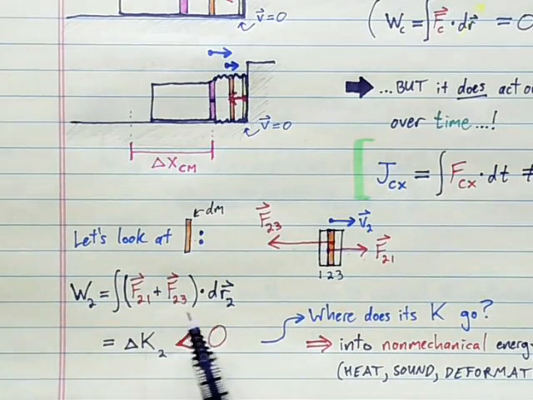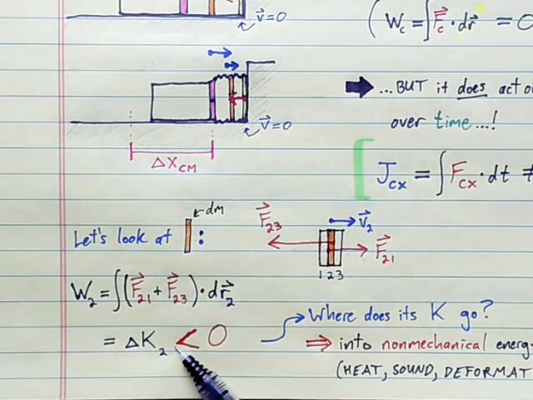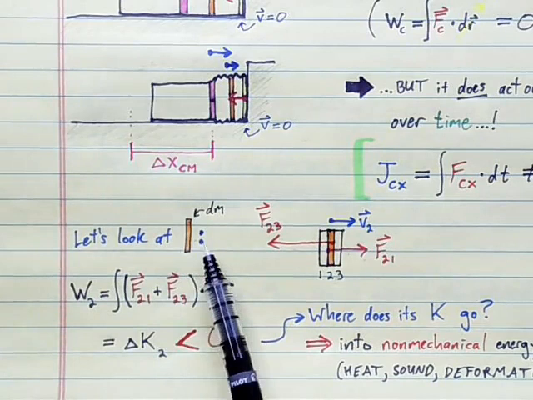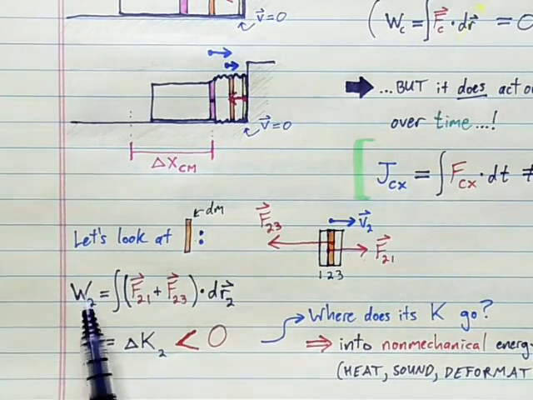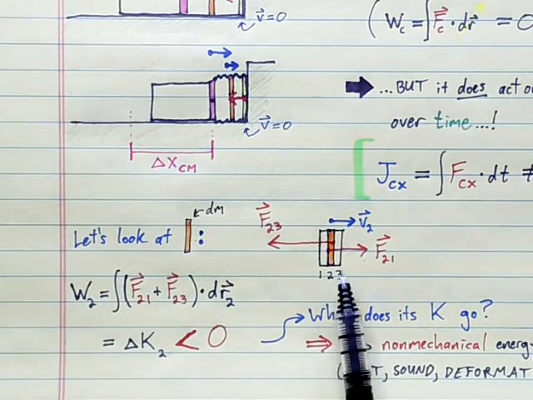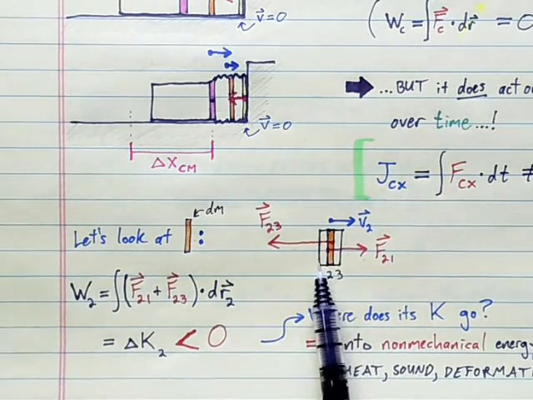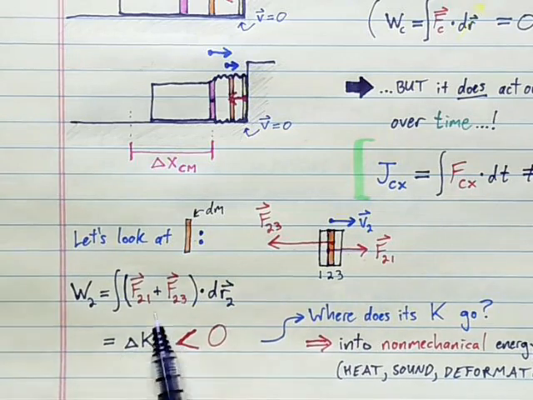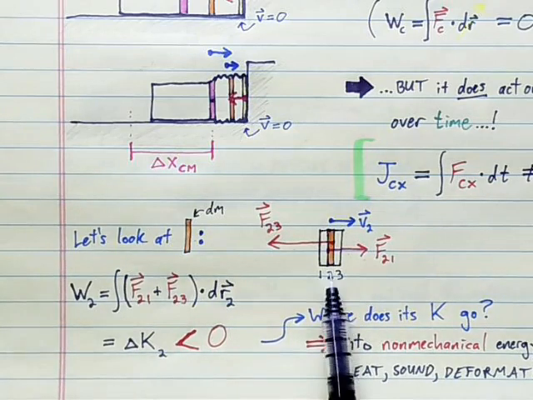And according to our work energy theorem, which we can safely apply to this little slice of mass because it's so thin we can treat it like a point mass, and we know our work energy theorem applies to a point mass. Therefore, this negative work done on the orange slice by its two neighboring bits of block, that negative work reduces the kinetic energy